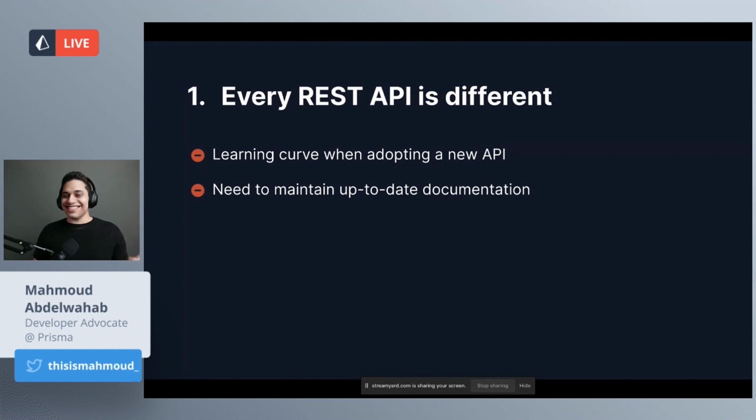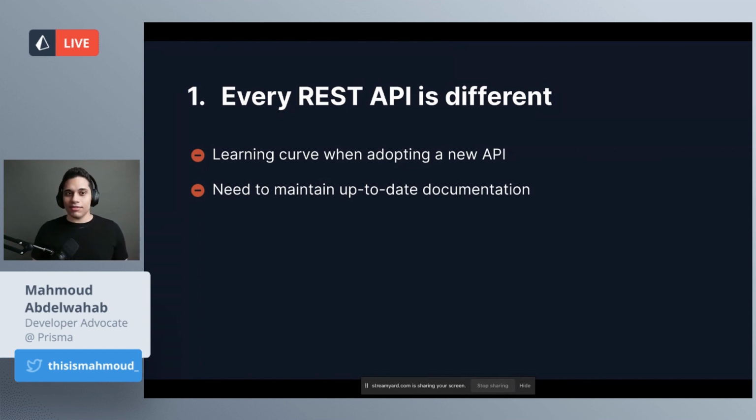So this is a big pain, in my opinion. You need to maintain up-to-date documentation. You have a front-end team and a back-end team. The back-end team is building the API, and they created different endpoints. Each endpoint has certain arguments and a response that you have to know. You also need to go through a lot of documentation, and needing to maintain documentation slows